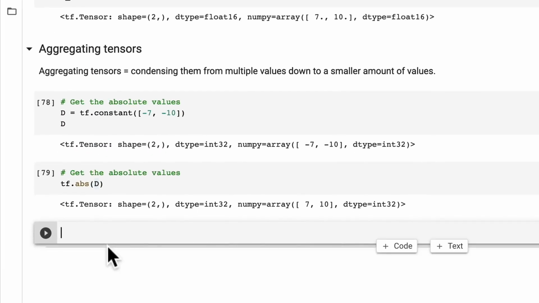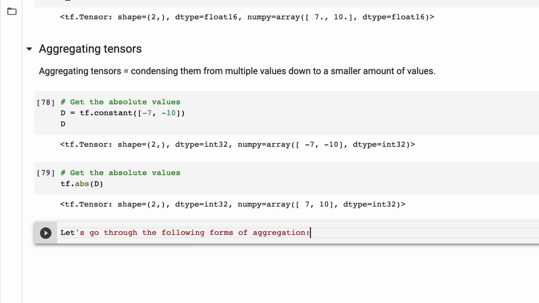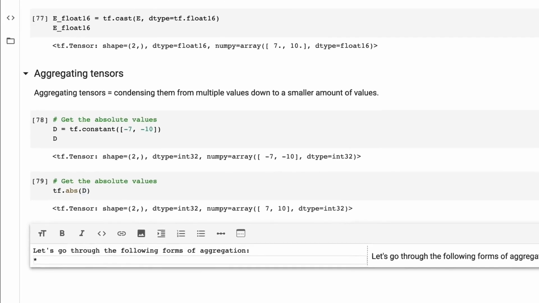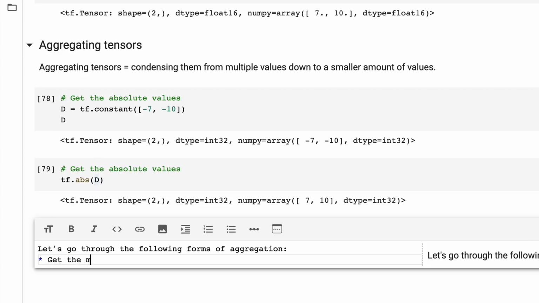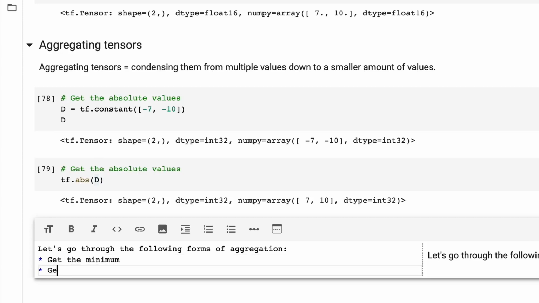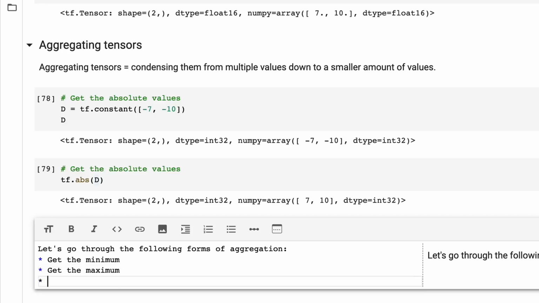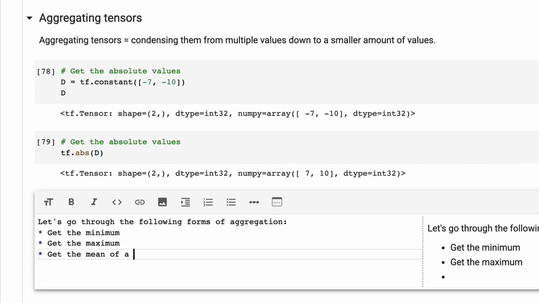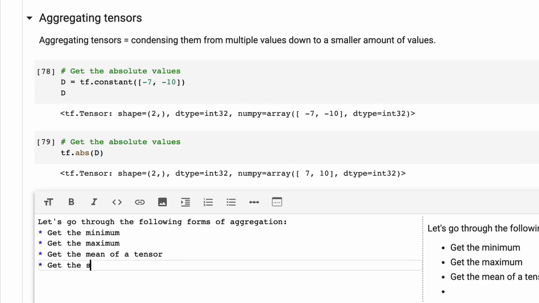So let's actually start to see a few more versions of aggregation. Let's go through the following forms of aggregation. We'll turn that into a markdown cell, and we'll come down here. The first one I want to go through is get the minimum, and then we might want to get the maximum of a certain tensor. We might want to get the mean of a tensor, and we also might want to get the sum of